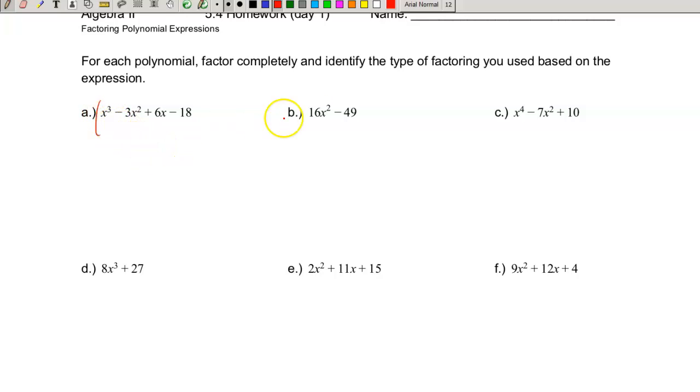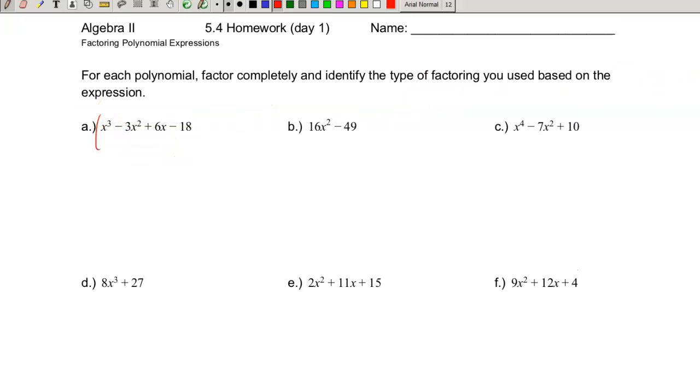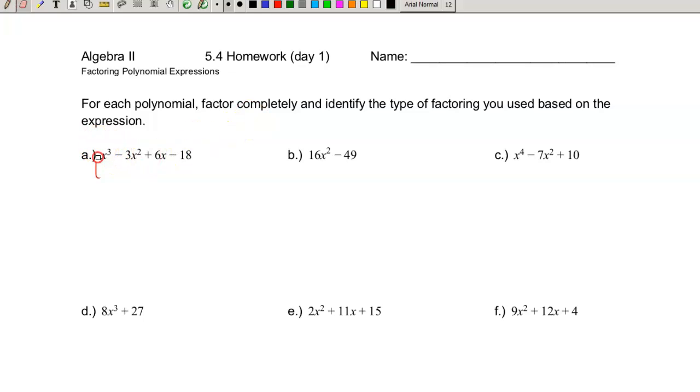All right, Algebra 2, we're going to look at 5.4 homework for day 1 and work through these solutions. So feel free to fast forward and find the ones that you need help on. For each one of these, we're going to factor completely and then also identify the type of factoring that we're using. So for A,